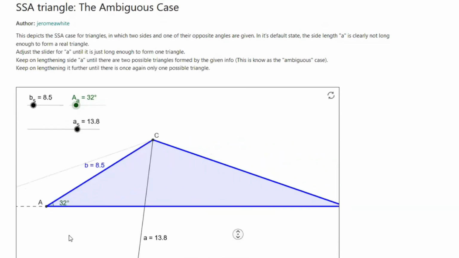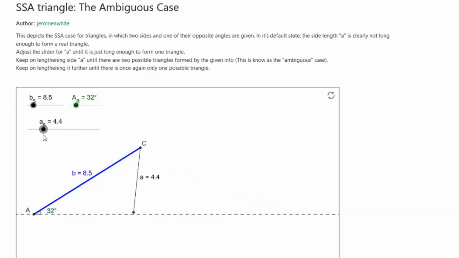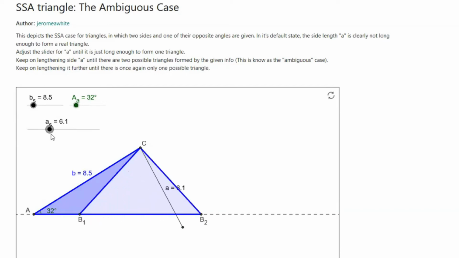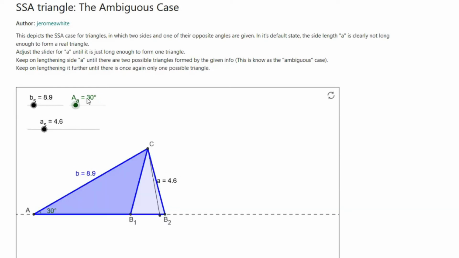And let me move this back over. And then, there, how's that? Well, it's swinging for a reason, and I'll explain why. So notice that it's swinging because it's trying to connect up to the baseline of the triangle here. Okay, right now it can't connect because a is too small. Once a gets to be just the right length, and unfortunately I can't get it exactly the right length, let me put a nice measurement in here. There we go. Okay, so if I get this exactly the right length,